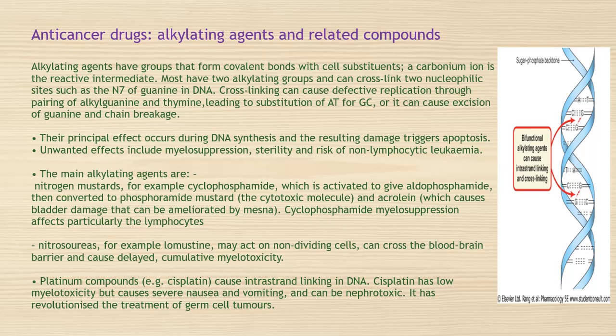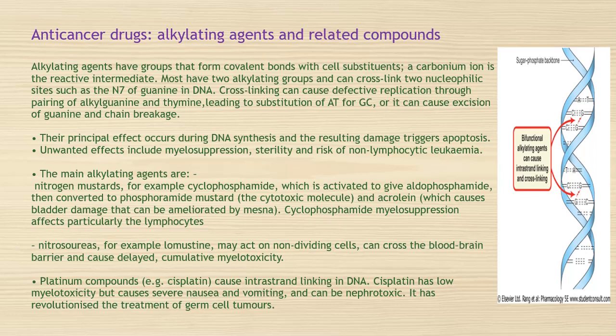Now, most of the cytotoxic anticancer alkylating agents are bifunctional, that is, they have 2 alkylating groups. The N7 nitrogen of guanine is strongly nucleophilic and is the main molecular target for alkylation in DNA. You can see the diagram. Now what happens is, with 2 nucleophilic sites, cross-linking takes place. A bifunctional alkylating agent causes intra-strand cross-linking,